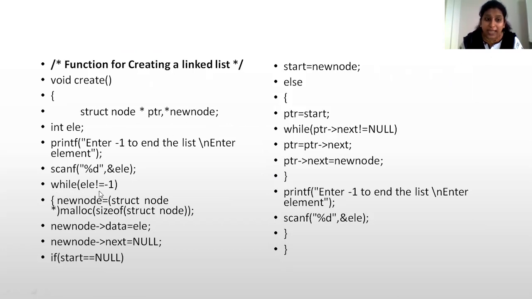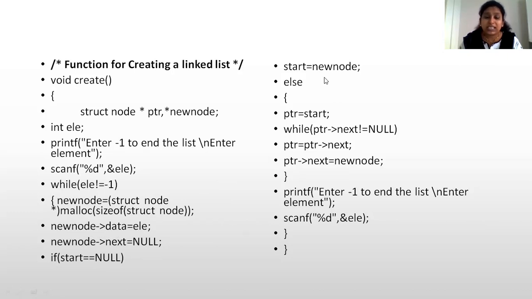We will be using this while loop. So with the help of your while loop, we are going to take the nodes into your list. For suppose we want to take 4 nodes, then with the help of this while loop, we are going to take the number of nodes into our list. So initially, your new node of data will be your element value, and the new node of next will be your null. And you will be checking this condition, whether your start is equals to null or not. If it is true, then we are assigning the new node as your start.